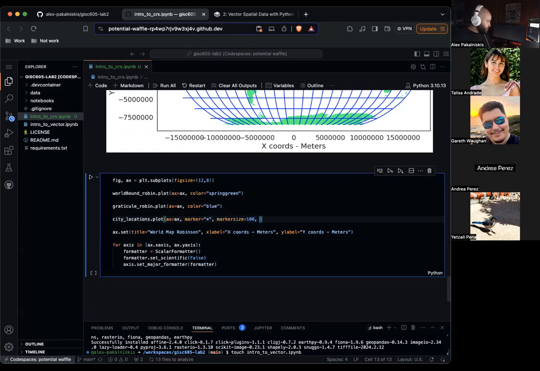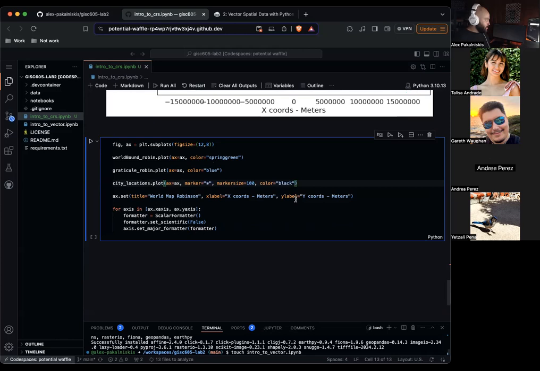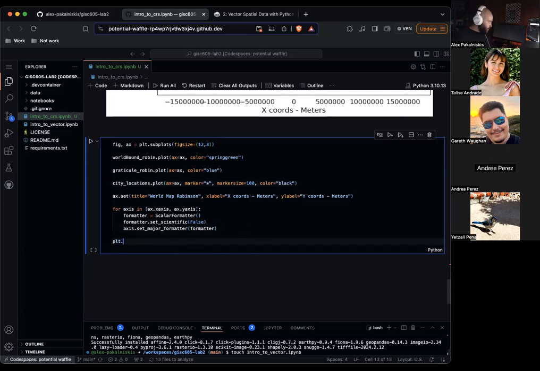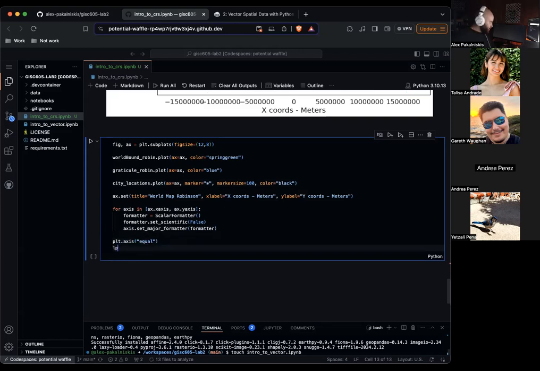Size equals 100 and color equals, let's make it black so it's easy to stand out. Nothing else has to change. Actually, we'll add one more line here, plt.axis equal, and then let's do a plt.show.